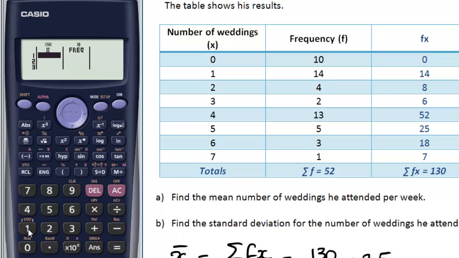So now we have the frequency table with values ready to put in. This is the long job, so I'm going to cut some of this out, but I'll just make a start and show you that when you put 0 in for the first data value, you have to hit enter so that it recognizes it. Notice however that it's put a frequency of 1. I think that's just so that it defaults to something. In this particular case we want to be able to change it,